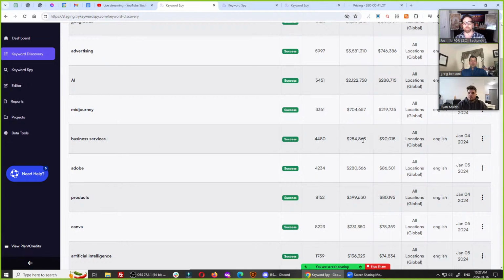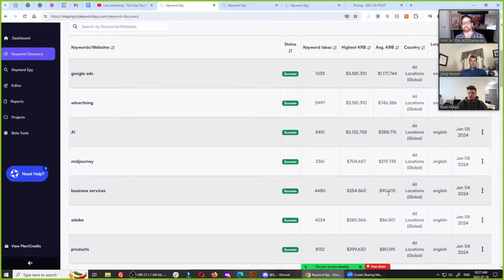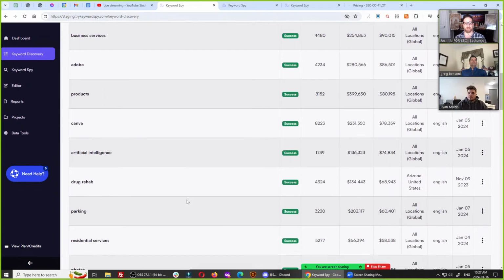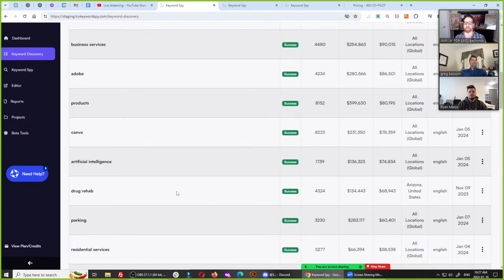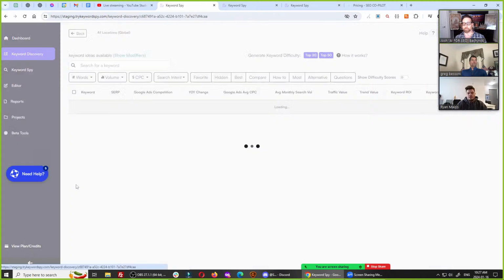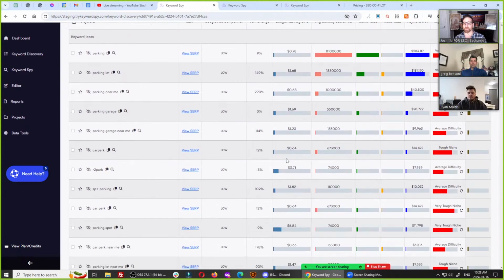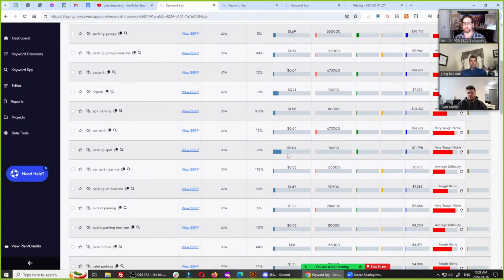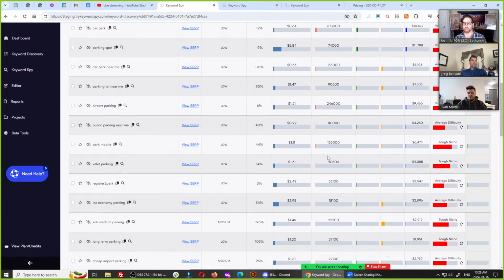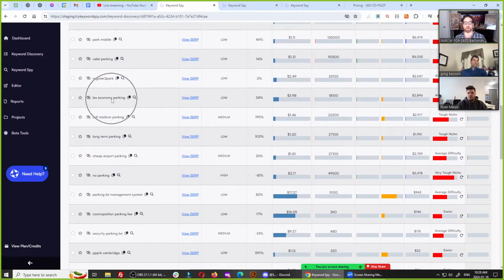Like, take a look. There's some millions of people looking for things, right? In some of these areas, there can be a lot of people looking for these kinds of things. Like for parking, for example, it might not make anywhere near as much per CPC, but for example, car park, parking spot, airport parking, LAX economy parking. There's 18,000 people looking for it. And it's got $4 a click, and it's up 34%.